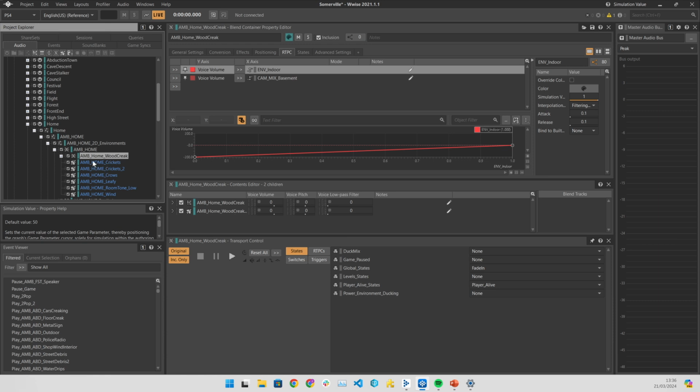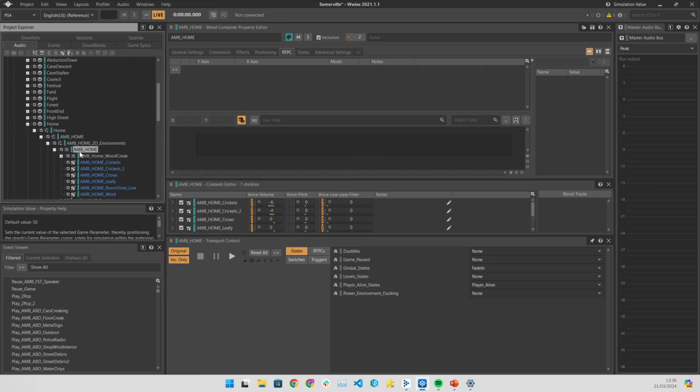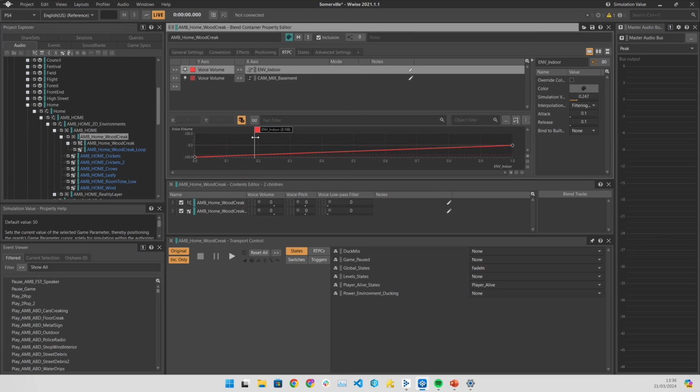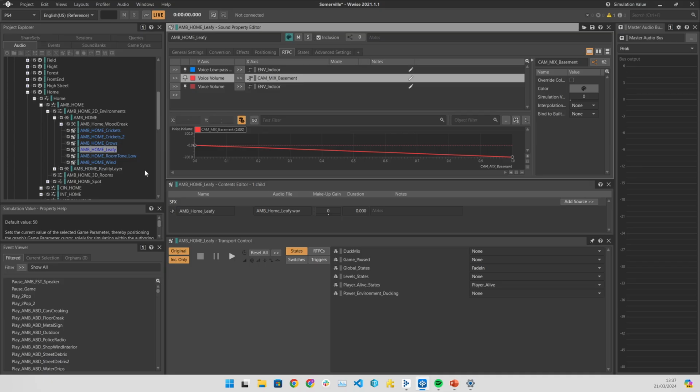But yeah, so pretty much as you can see here, we've got one event which triggers an entire set of different sounds that are all combined here. So basically, within every object in here, we have all different kinds of states, which are just like the environment indoor, for example. So depending on whether we are inside or outside the house, those bring the sounds up and down for some of those. I haven't opened the session in a whole lot of time, but basically what's going on, we can